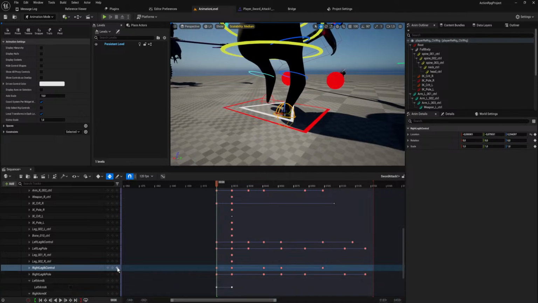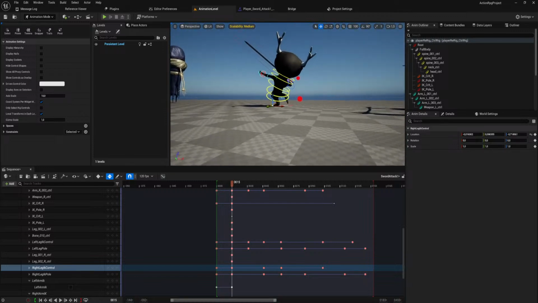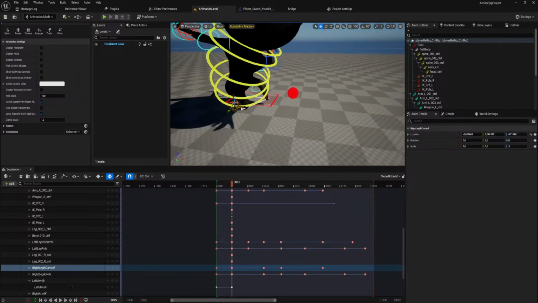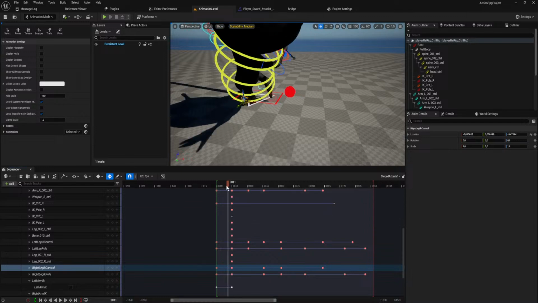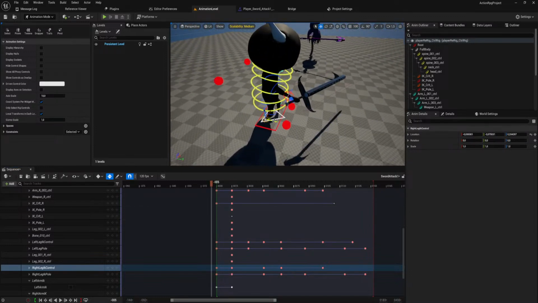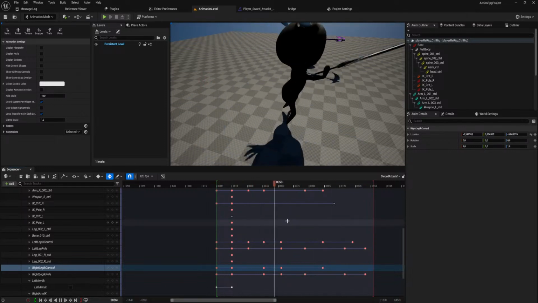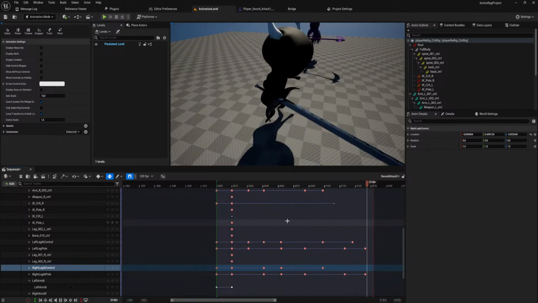It's pretty good. Okay, I think we might have fixed his legs as well now. I mean, it's not great.